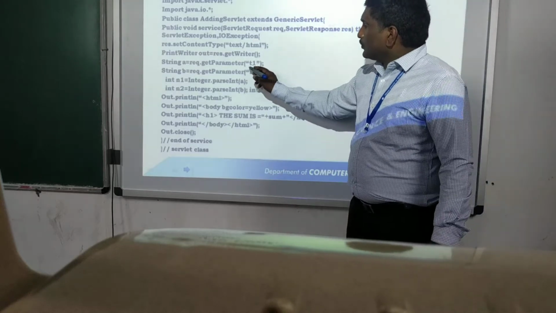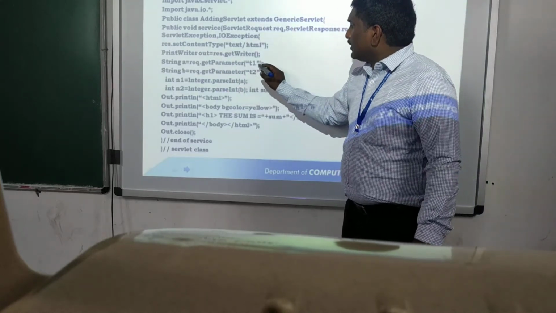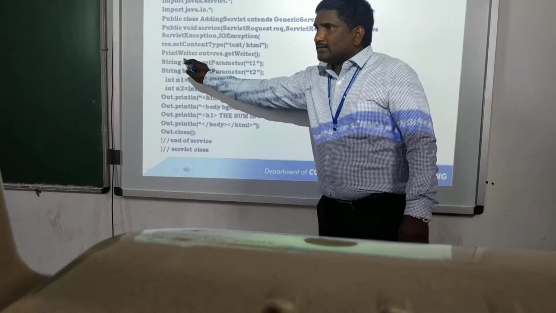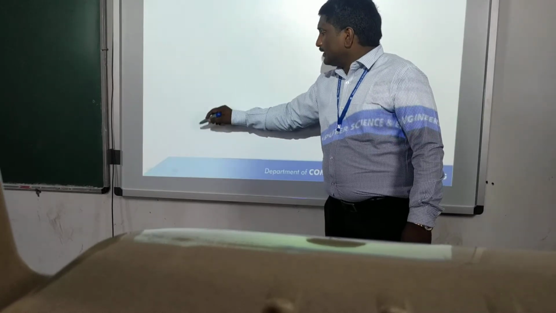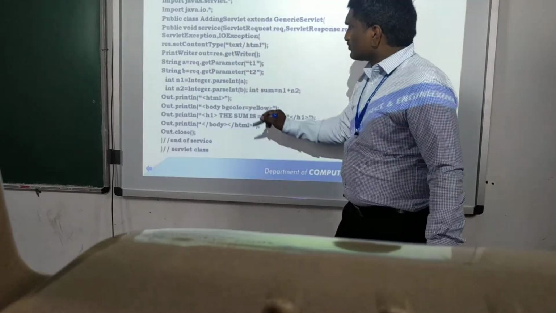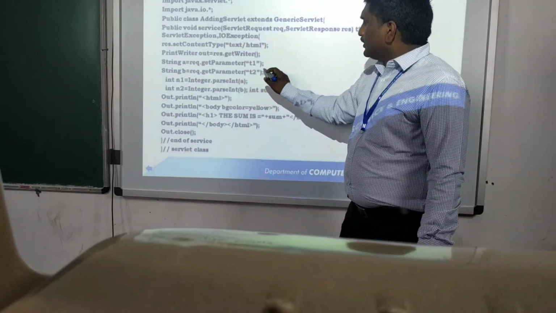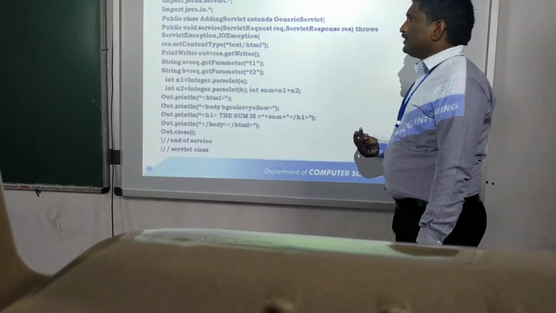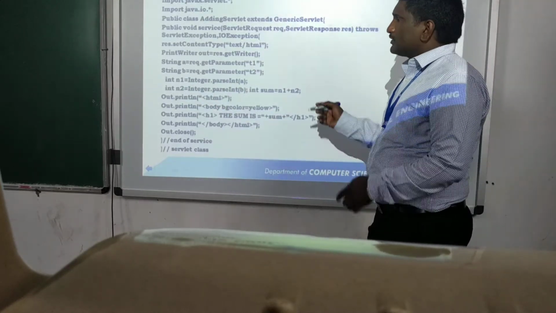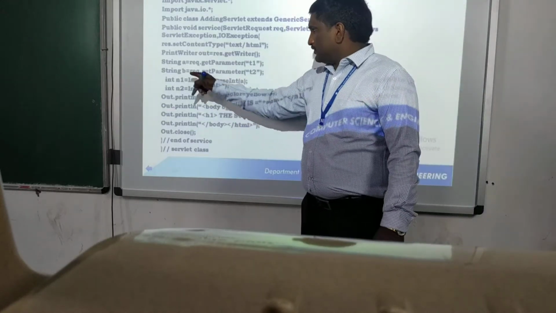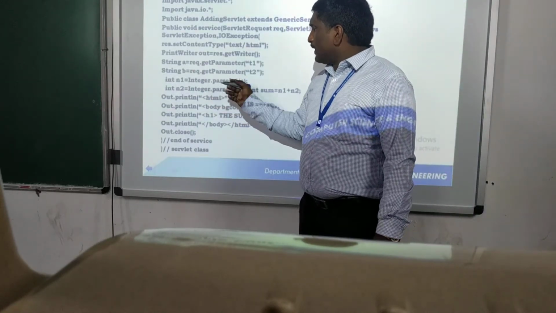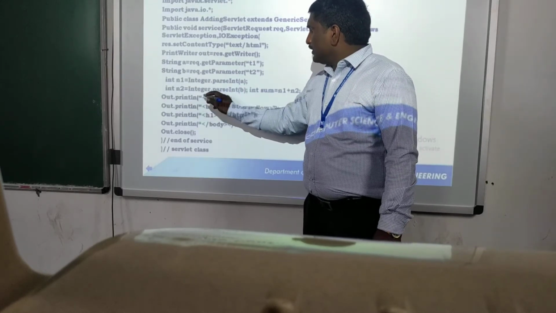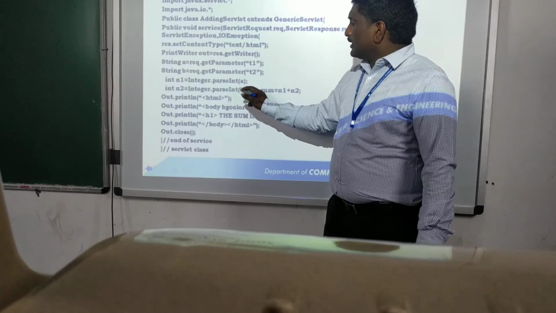So req.getParameter with t1 as the argument will be stored as a String object, a. Likewise, req.getParameter("t2") will be stored in a String object. Why? Because input that comes in is treated as a string in Java. So we need to parse: Integer.parseInt(a) is stored in n1, and Integer.parseInt(b) is stored in n2.